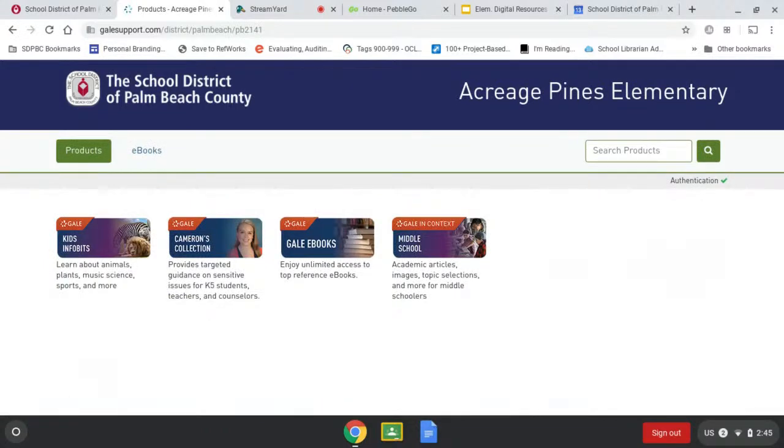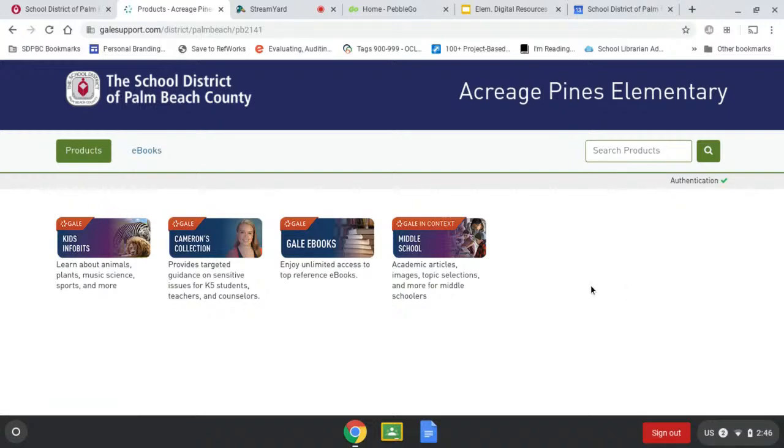And students should end up on a page like this that has the name of their school at the top. So what this does is it sorts elementary kids to elementary appropriate material, and middle to middle, and high school to high school, and so on. So your direct click from that Gale tile should be to your school page. But then again, that's all based on how Jonathan Cincina has it sorted in the background to work